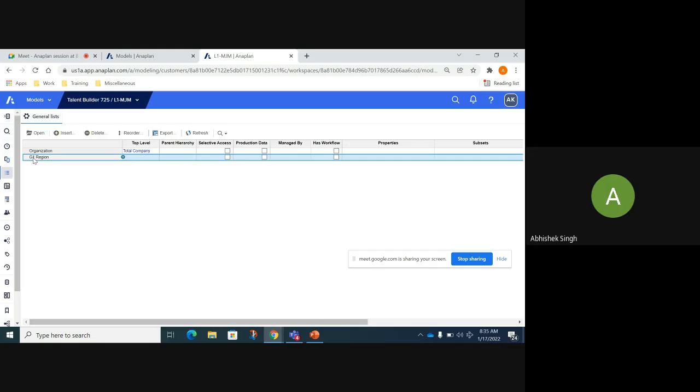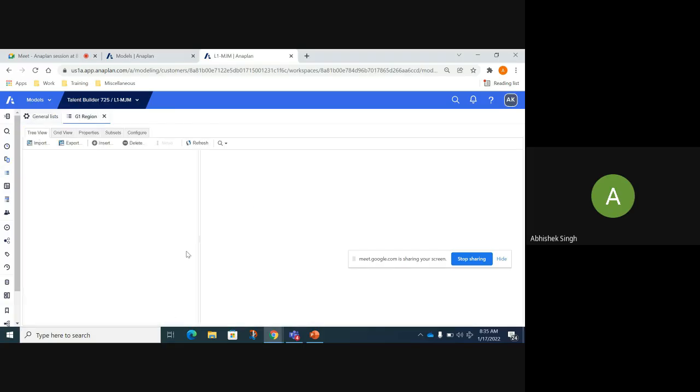So how to do that? We clicked on insert, and now one list is created, and that is G1 region. Once you create the G1 region list, obviously you need to add members to these lists as well. So the G1 region list is created.